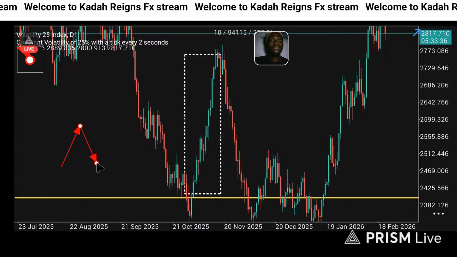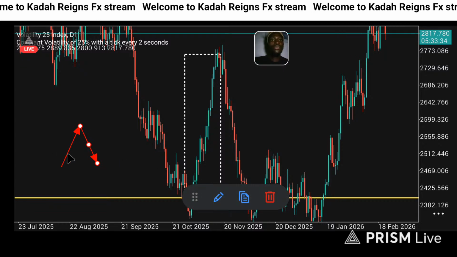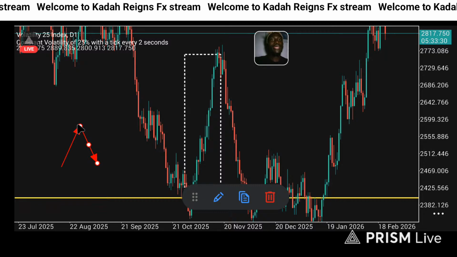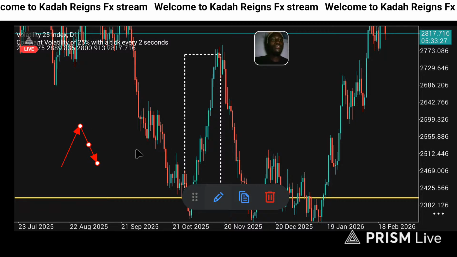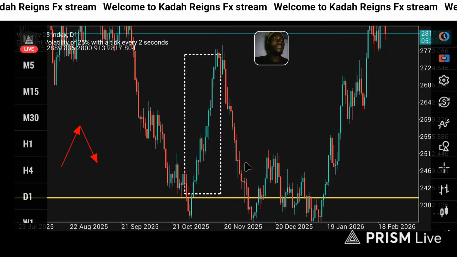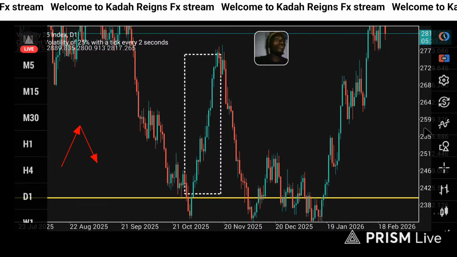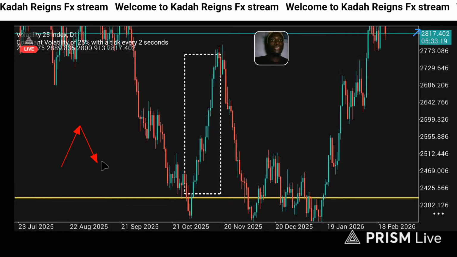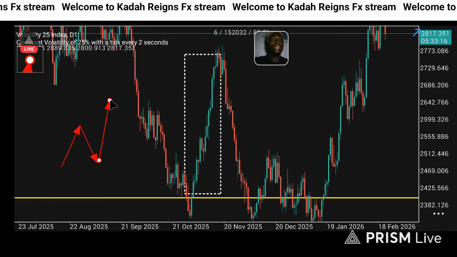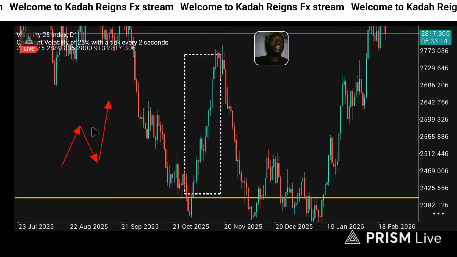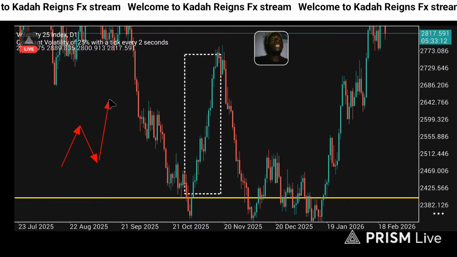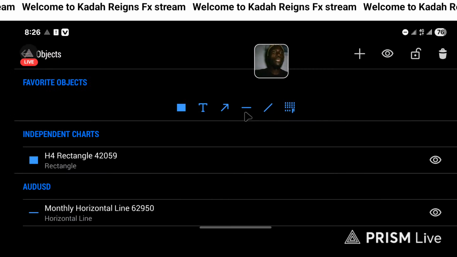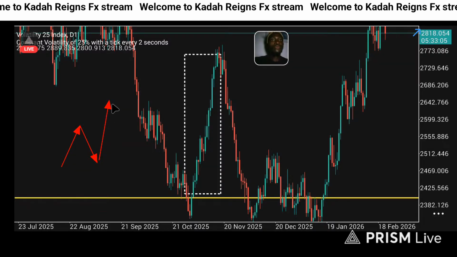Okay, right? So it comes up, right? This point is called a high. Then price comes down, it makes a higher low, right? Then it comes back up, breaking the previous high. This was the previous high, breaking it to make a new high. Then it comes back down to make another higher low, right?